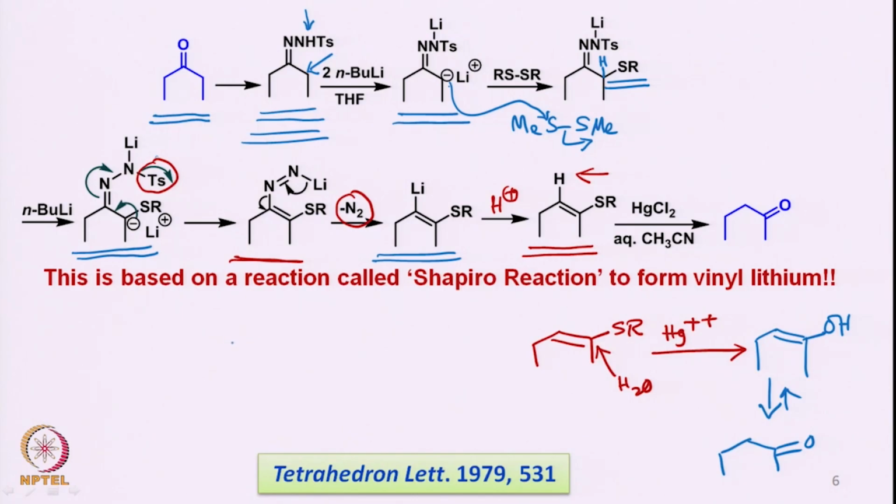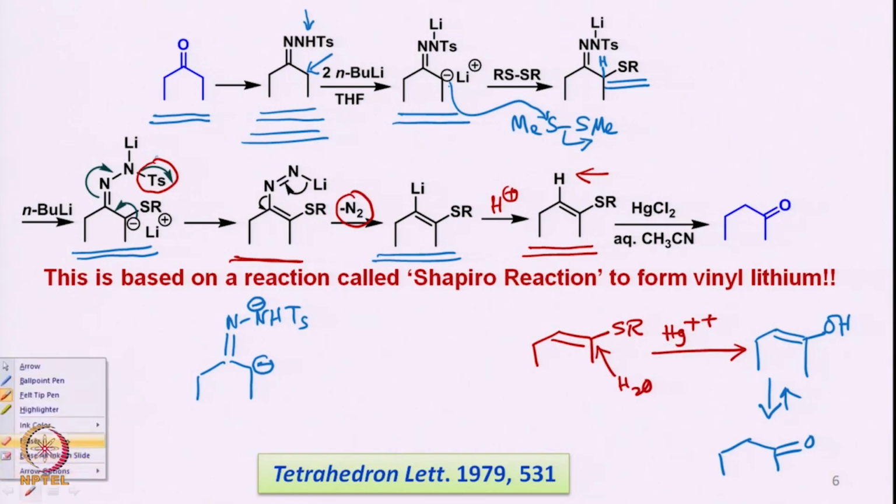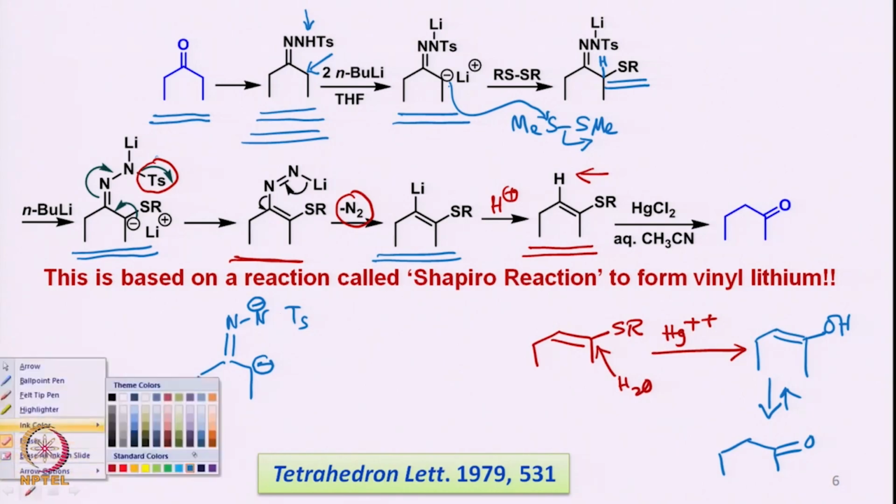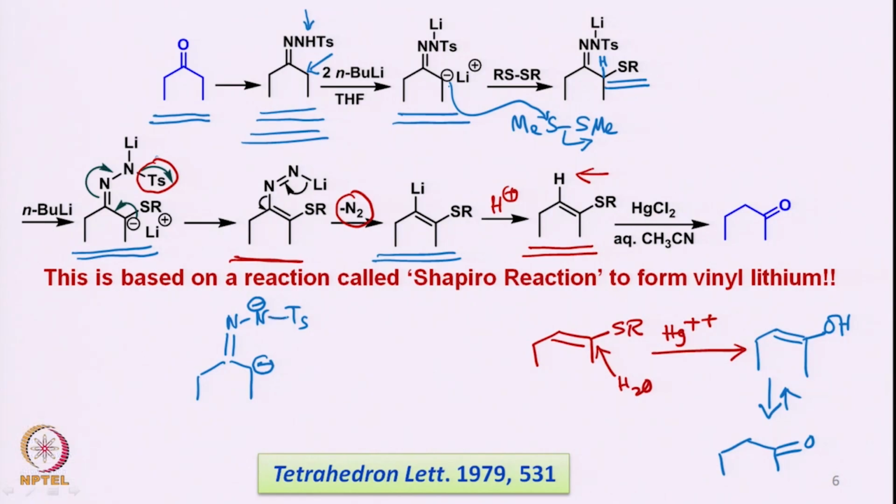So, Shapiro reaction is nothing but similar fashion as tosyl hydrazone is there. So, once you have a tosyl hydrazone and you form a dianion from here. So, you have an anion formation here and you will have an anion formation here if you simply remove the nitrogen from here. So, what you have is a dianion like this, and of course in these cases there will be lithium plus,